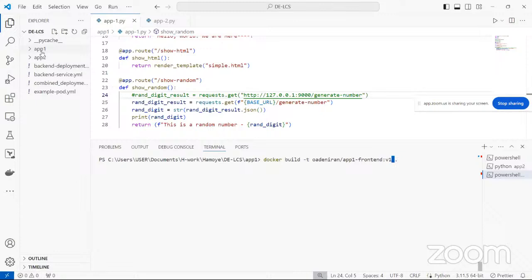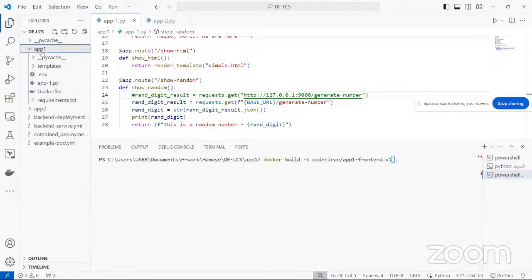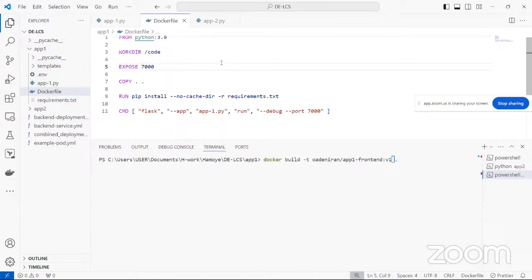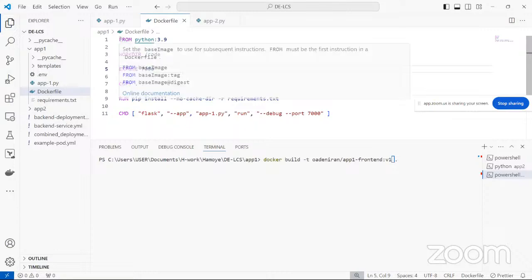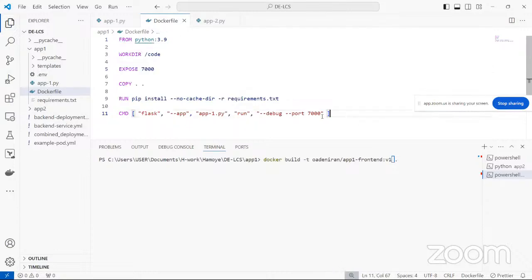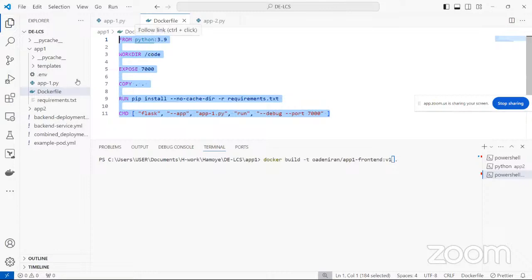But before we build the image in the app one, let's go into the Dockerfile. To build an image, you need something called a Dockerfile. A Dockerfile is pretty much like you writing YAML, but instead of saving the file with .yaml, you just save the file as Dockerfile. If you don't save your file as Dockerfile, then when you are building the image, you have to specify the name of the file that you want. But because we are saving this as a Dockerfile, the standard with Docker is that when you save your file that you are using to Dockerize,